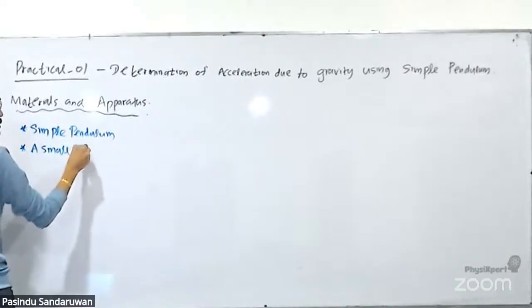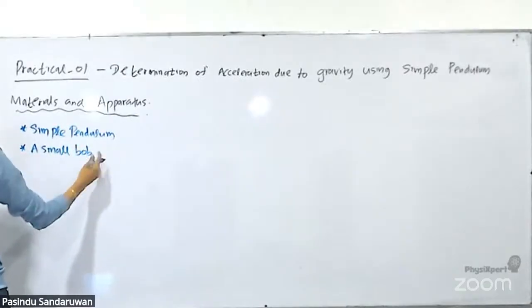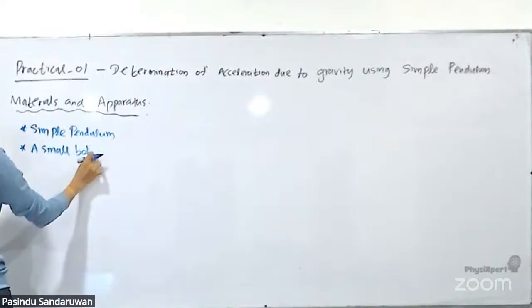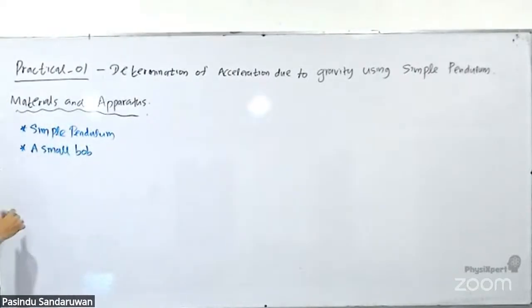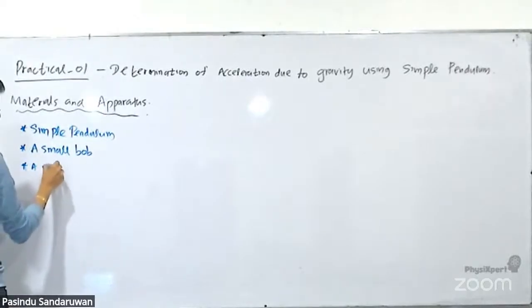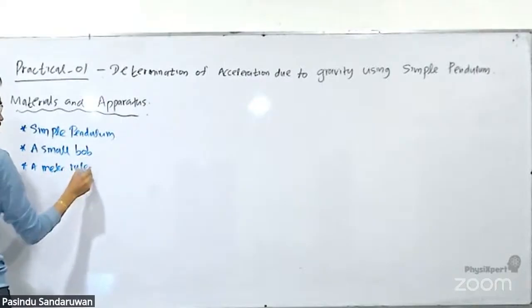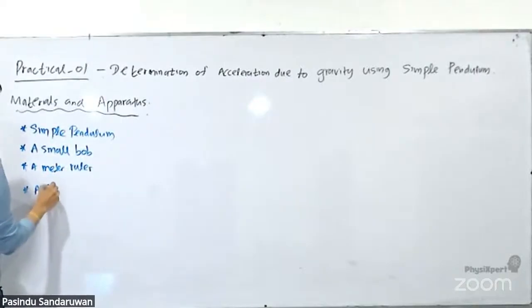Now, when you say simple pendulum, it is not a must to say a bob separately, right? This is just for your understanding: a small bob and a meter ruler, a stopwatch,